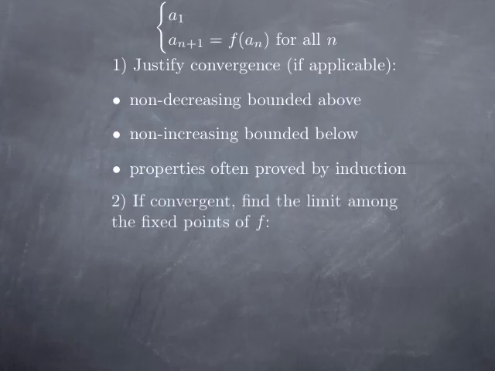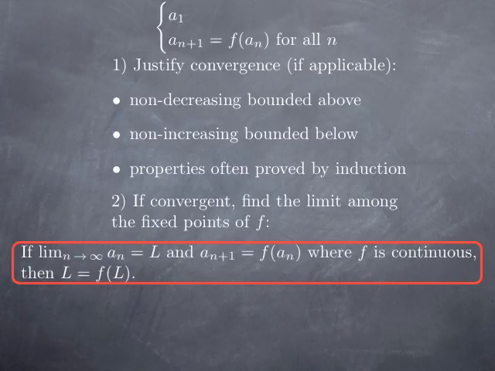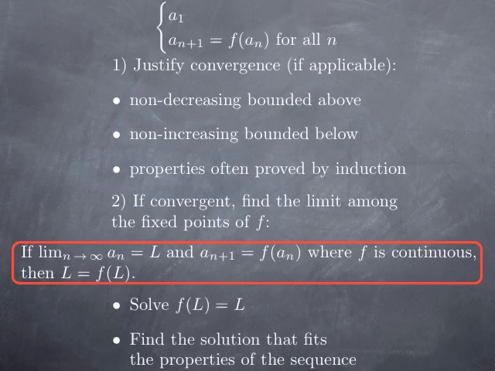Then, to find the limit, we know that, assuming that the function f is continuous, the limit has to be among the fixed points of the function f. Specifically, if we have a sequence defined inductively this way, a_{n+1} is f of a_n, where f is continuous, and the sequence has limit L, then L is a fixed point, that is L equals f of L. So, you set up this equation f of L equals L, solve, you may find one or more solutions,